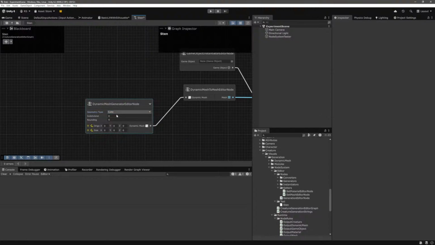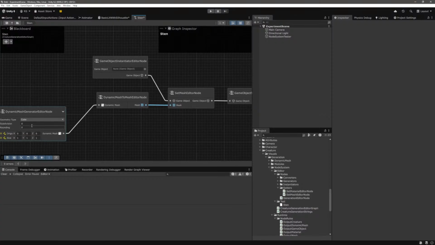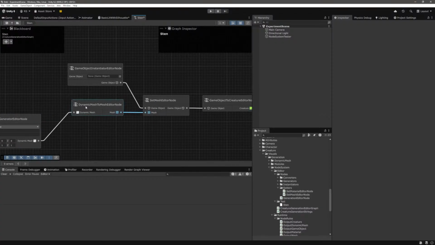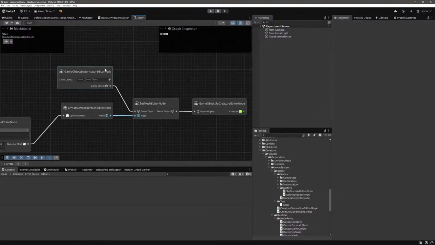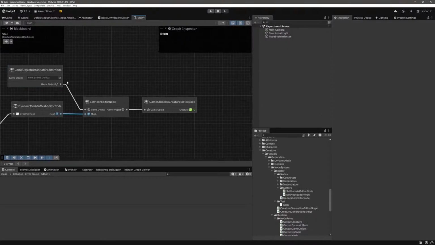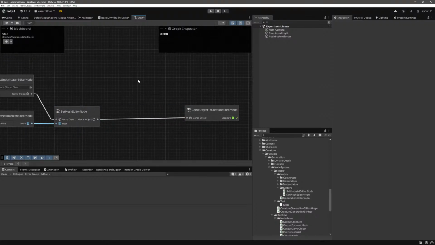And we're going to generate a cube with a size of 1. So we generate a cube. We convert it to a mesh. We generate an empty game object. We add this mesh to it, and we also want to add